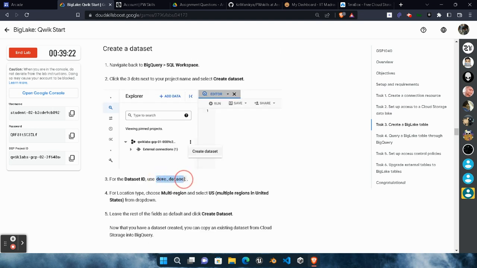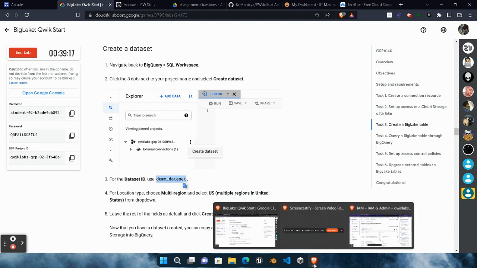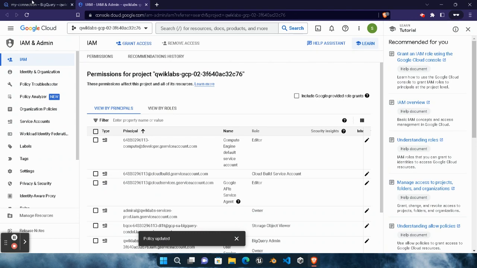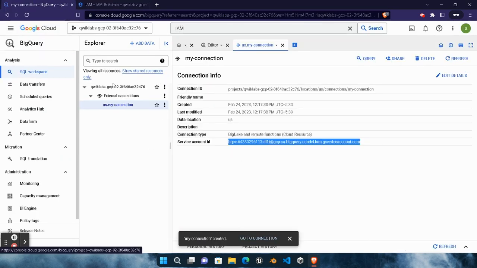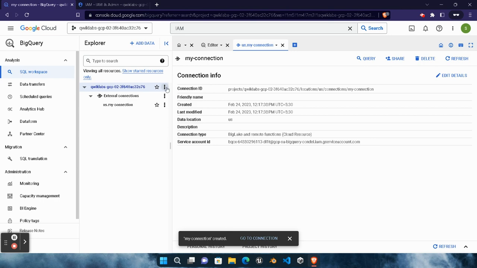So first of all, copy this demo data set. Copy it very carefully. Don't copy full stop. Okay, full stop copy नहीं करना है. Copy करेंगे यहाँ आएंगे वापस. Open the another tab, the console tab, and here click on this Quiklabs GCP project ID and click on this